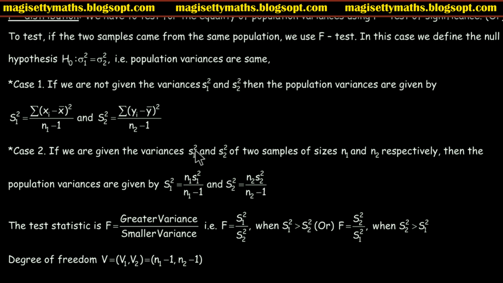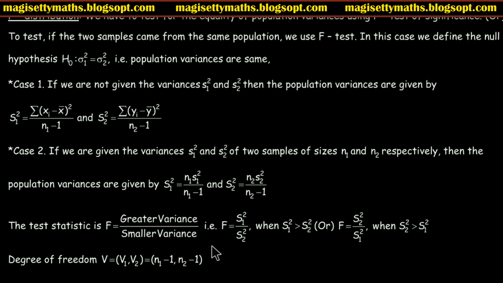That is, if we are not given the variances of the samples, then we evaluate the population variances using the first two formulae. If we are given the sample variances s1 square and s2 square, then we use these two formulae to evaluate the population variances, and then the test statistic is F equals greater variance divided by